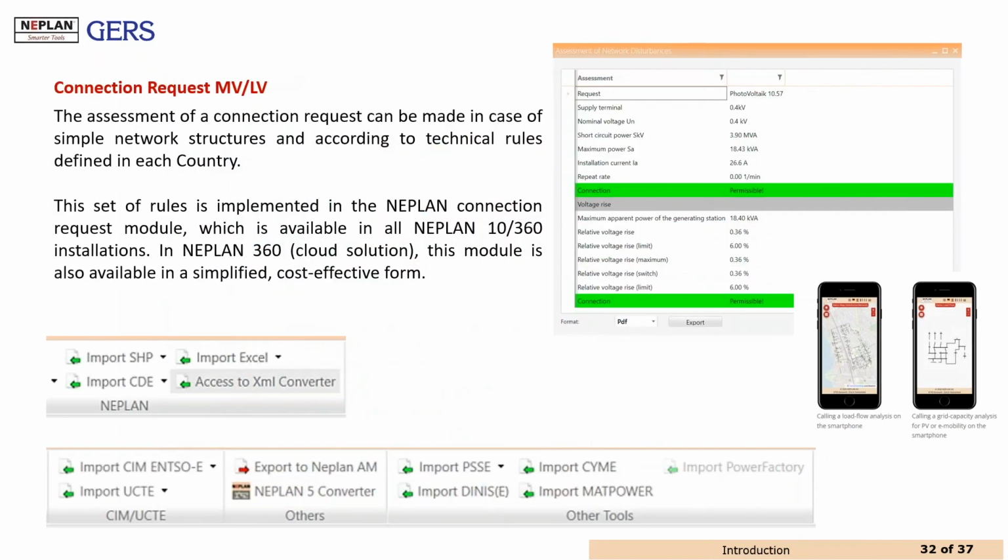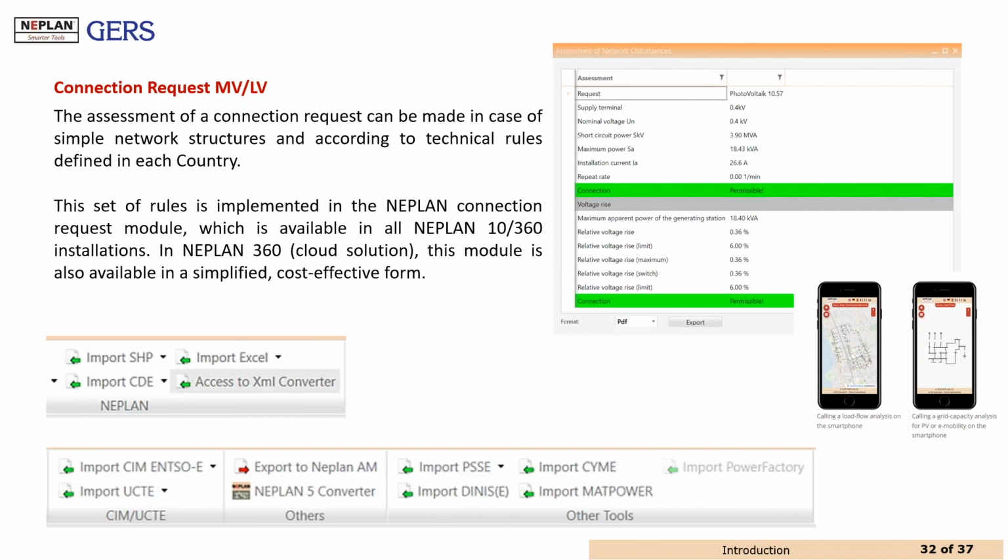Finally, on the distribution side, we can consider the connection request in medium or low voltage. The connection request can have different rules that can be automated. And those rules can be accessible anywhere, where the user can ask for the permission to connect variable renewable energy or different technologies like electric vehicles too. And we will be able to validate if the connection is acceptable or not. The rules that we implement per country are according to the grid code requirements for the distribution systems.